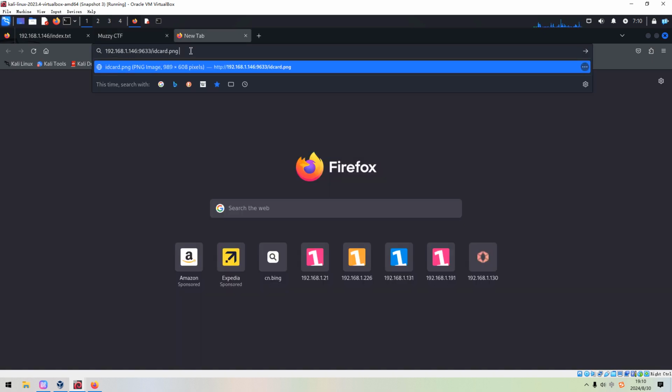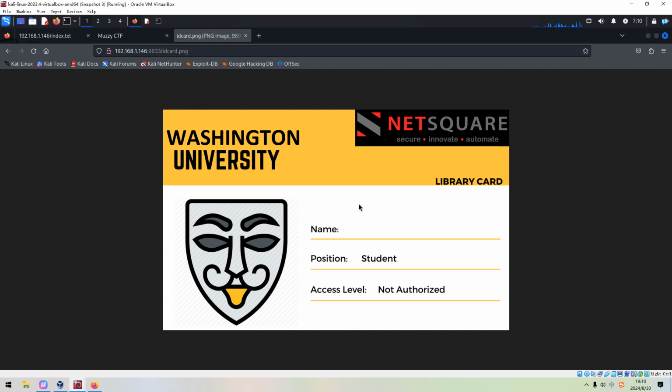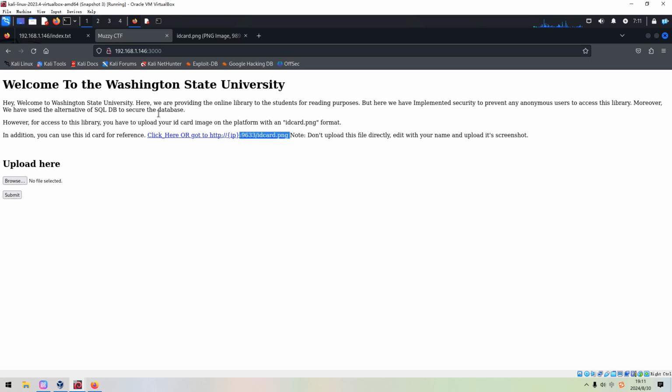Okay, press enter. And as you can see, we got this ID card, the name, the position, and student.